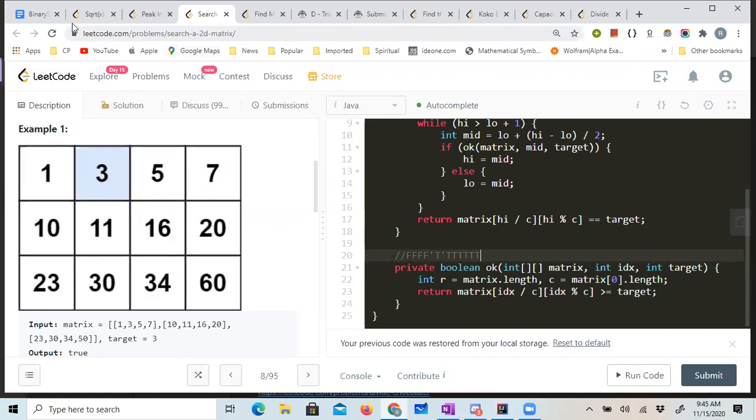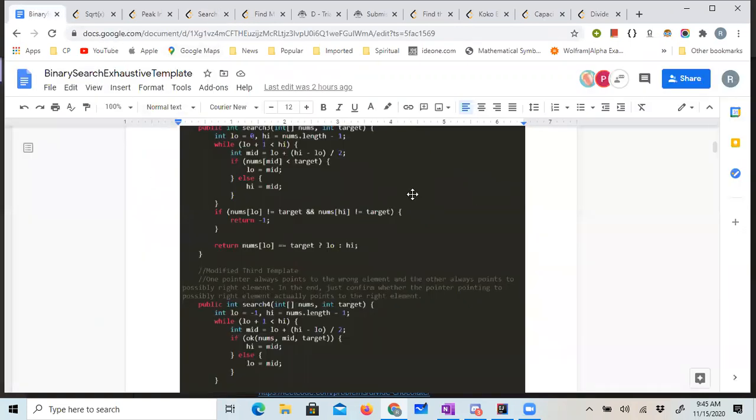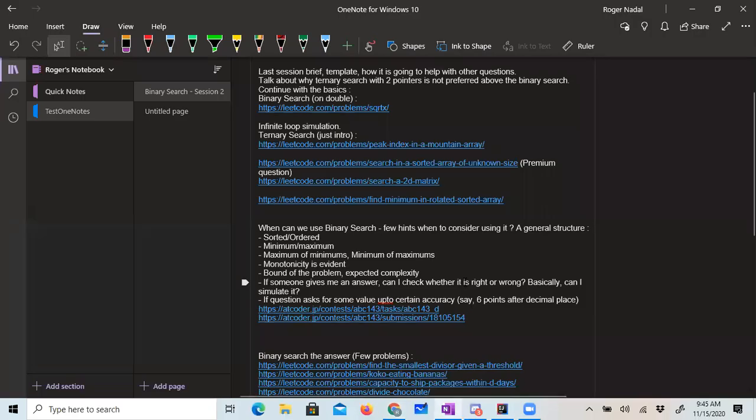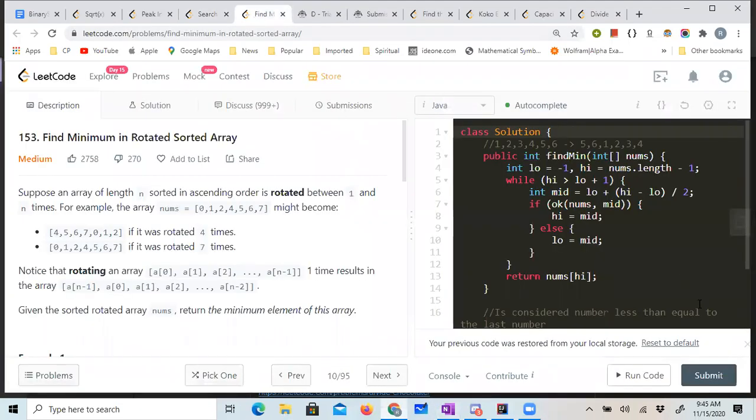So that is this question. How are we doing on time? Hopefully we have enough time because the next section is more interesting. Search a 2D matrix, find minimum in rotated sorted array. And let's see, what is that problem even? Oh, why do I want to do that now? So the thing is, yeah,